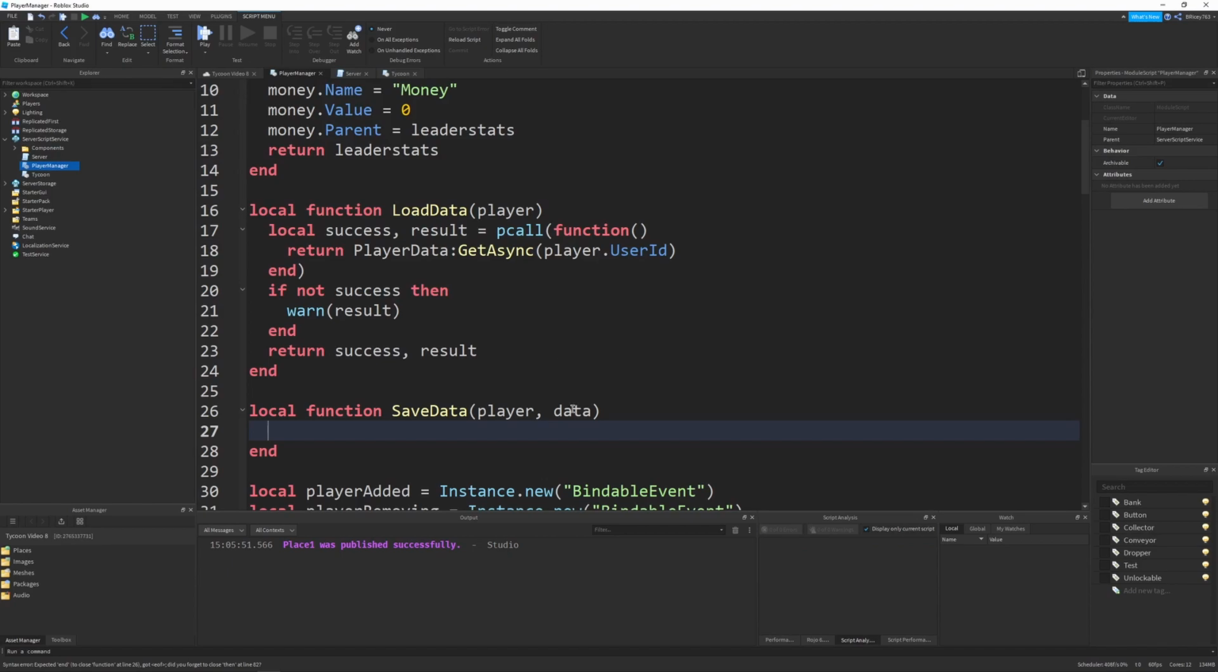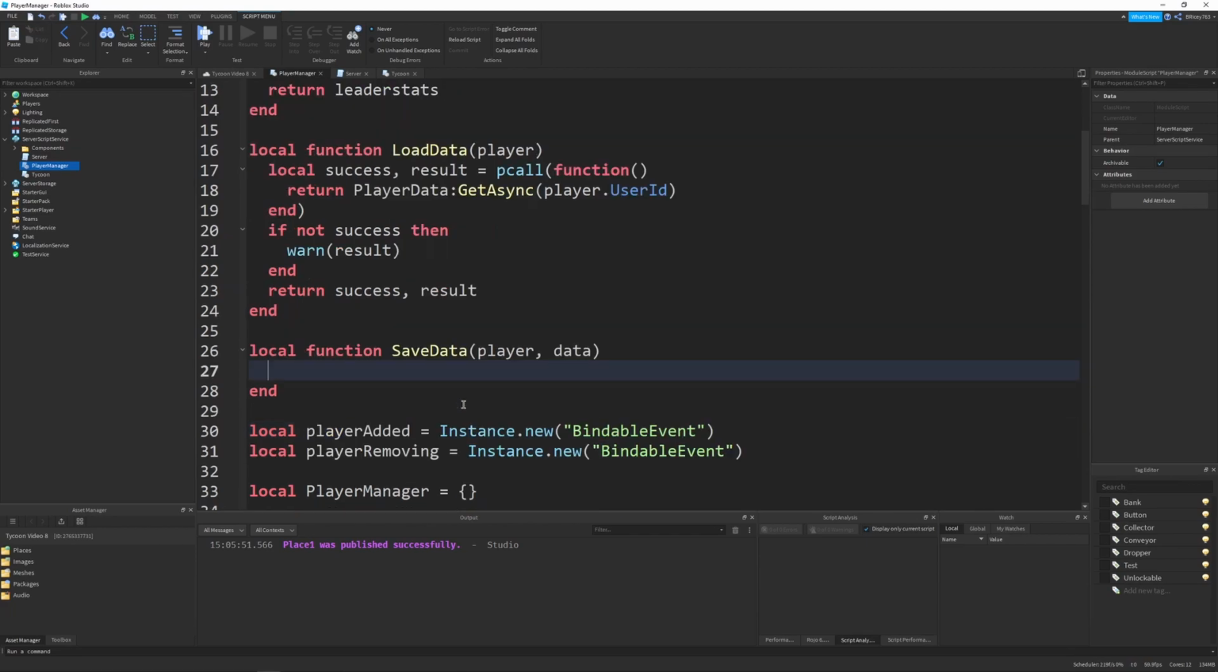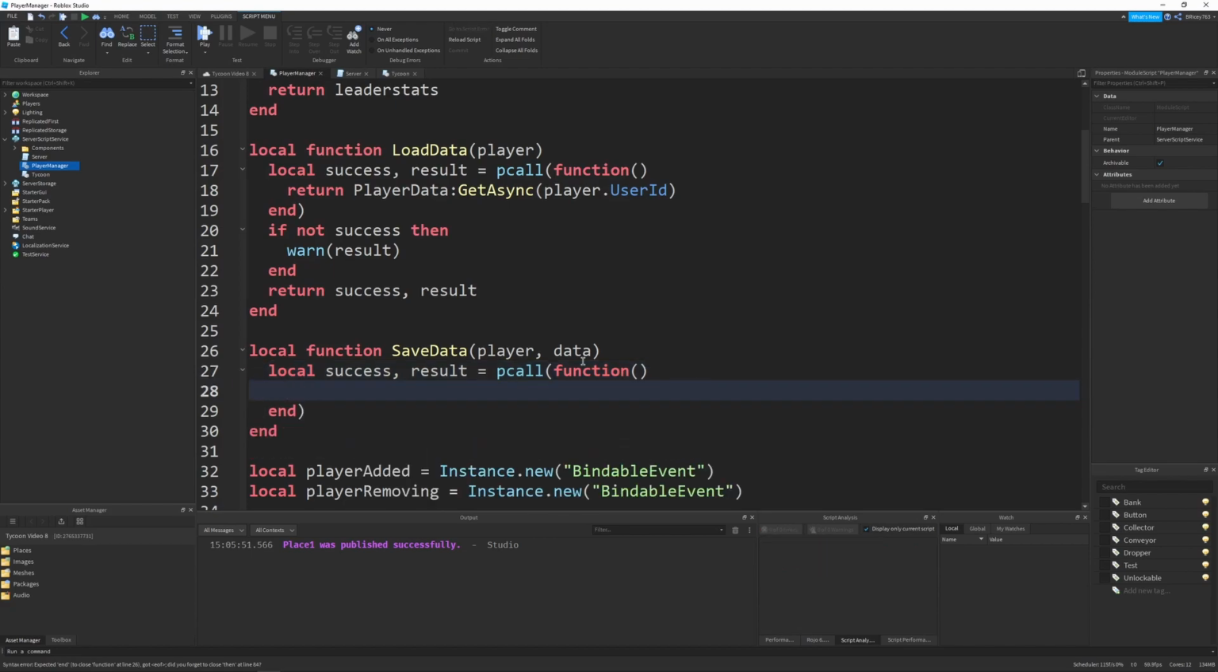So in our game, all of our data, our money, and everything else is going to be stored in a table. So that's why we only need this one value for the data. And then instead of using get async, we have to use set async here. So I'm going to say local success, comma, result equals pcall function, and then the function will be player data set async